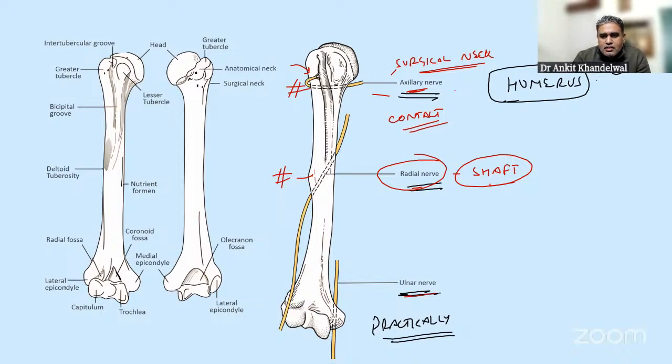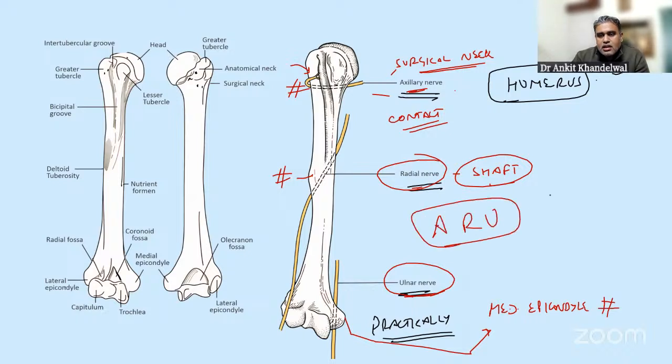And this ulnar nerve, it goes just behind the medial epicondyle. This part over here of the humerus is known as the medial epicondyle. So if there is a fracture in the medial epicondyle, there might be a problem in the ulnar nerve. So do remember, axillary nerve, radial nerve, and ulnar nerve, they are in very close contact to the